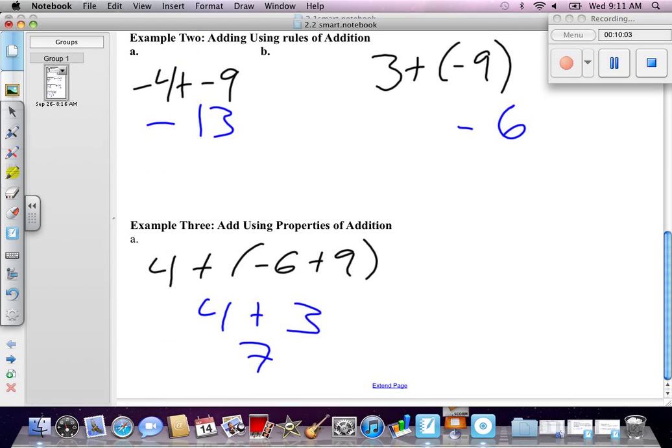Okay. So if the number line works for you, draw a number line on your paper. If thinking about money works for you sometimes,